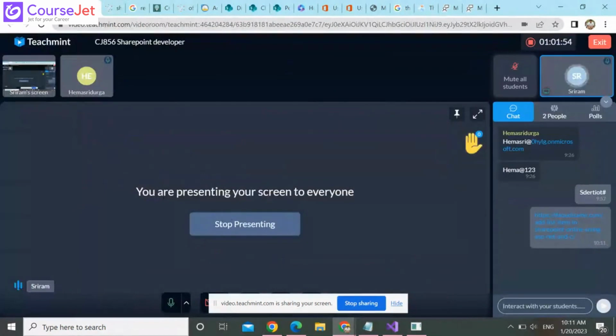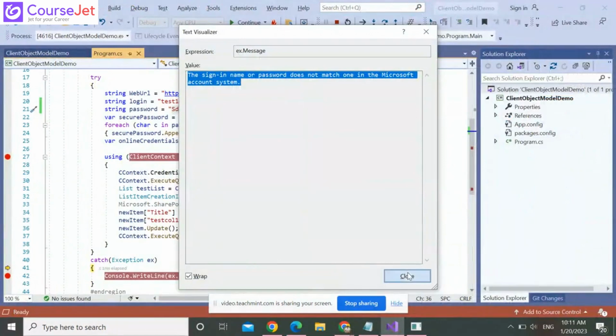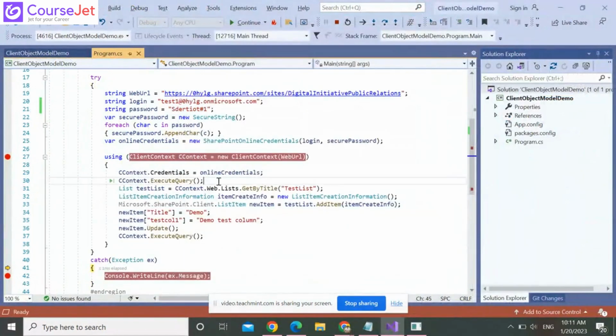So you two try to copy and paste and update the username and password. You don't need to do all these things. Try till this point. If it is working till here, then no issues. You are getting the client context and executing it. If these two lines work, the other things will easily get completed.